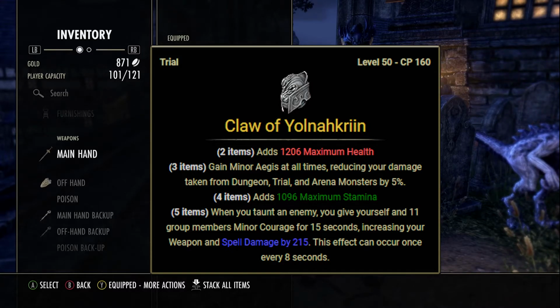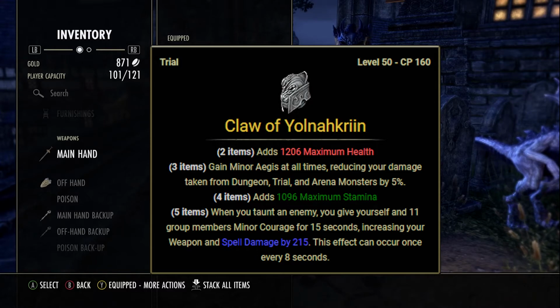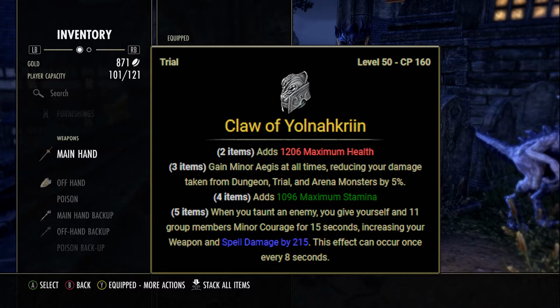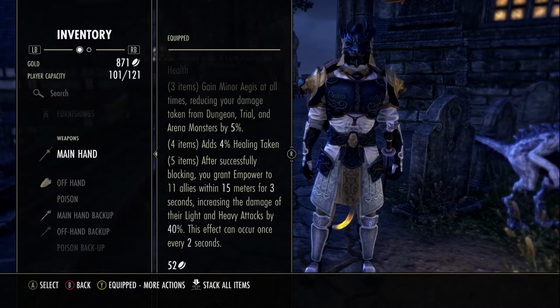What I do end up changing is my weapons and my jewelry. Those are the ones that I do typically swap out quite a bit depending on the different type of dungeons that I'm running. All right, so let's go ahead and talk about the different monster sets that I do run